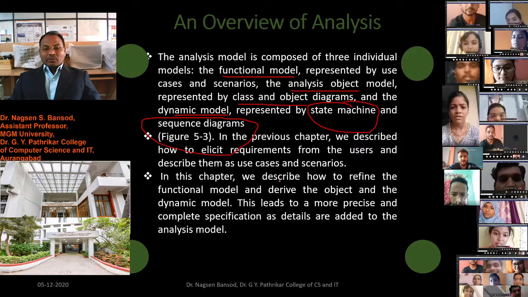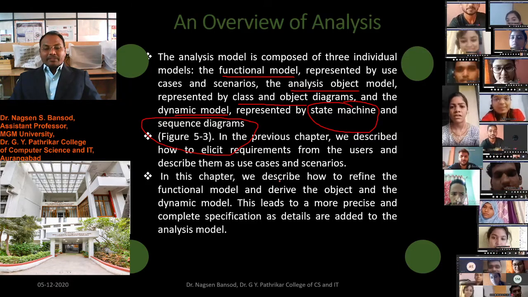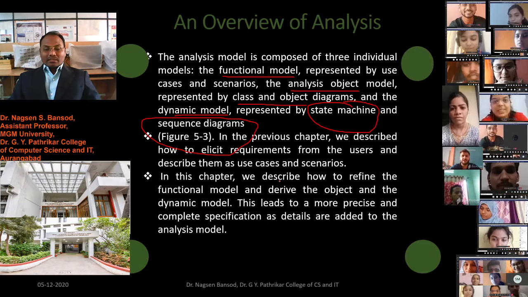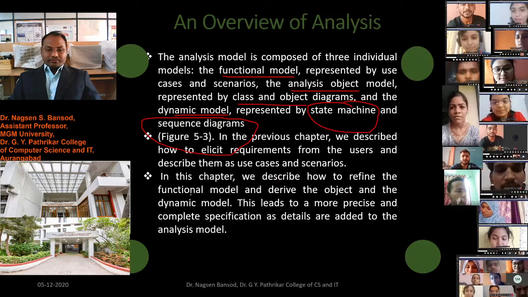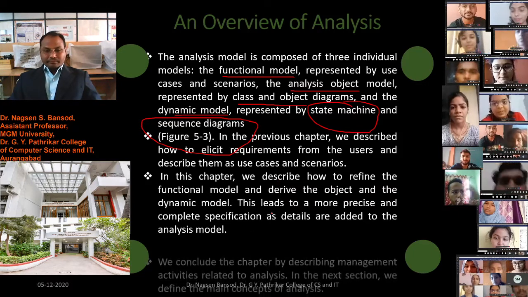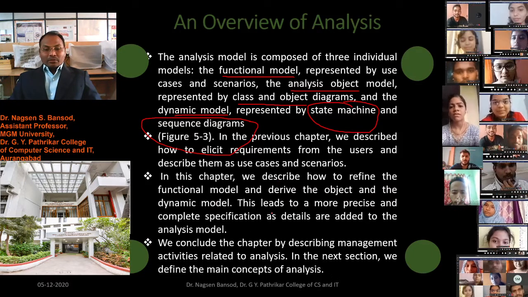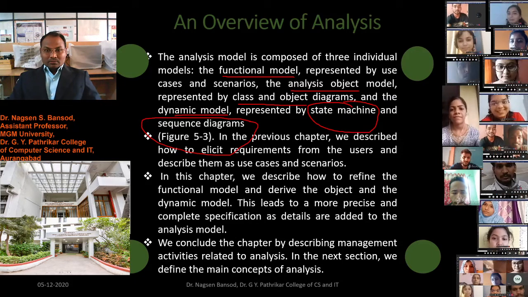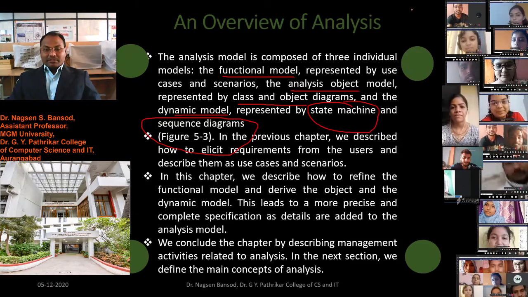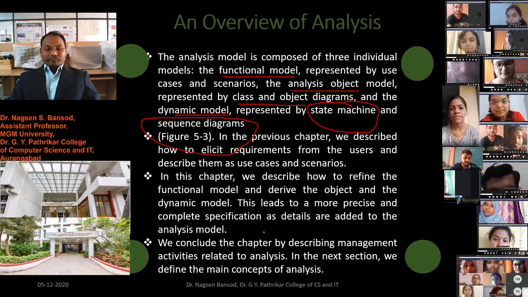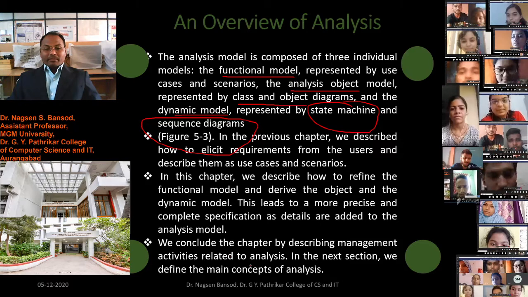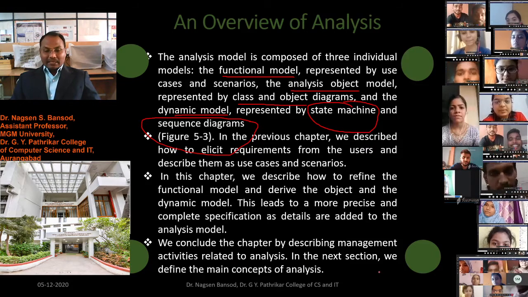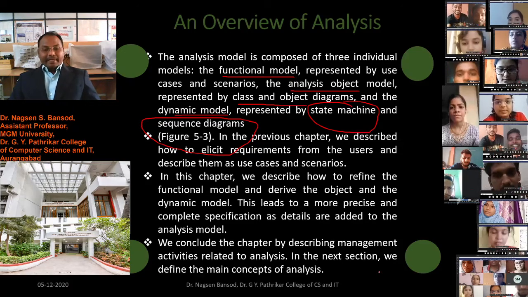This leads to a more precise and complete specification as details are added to the analysis model. We conclude the chapter by describing management activities related to the analysis in the next sections.